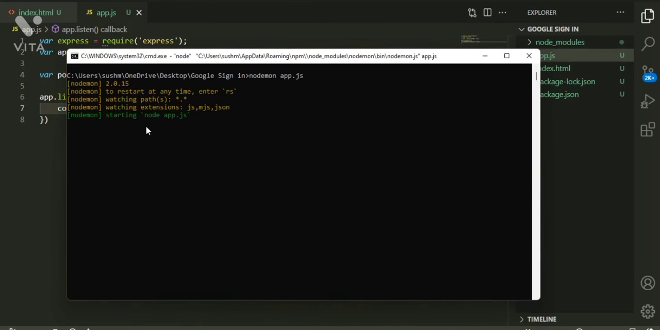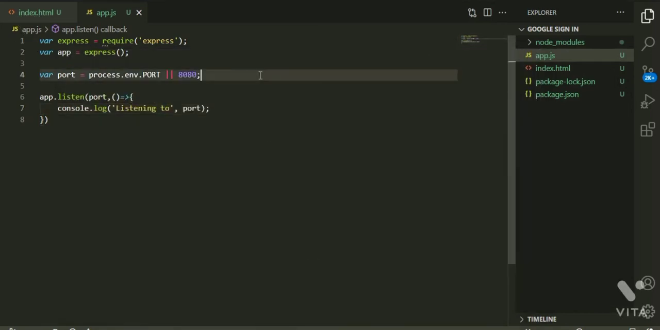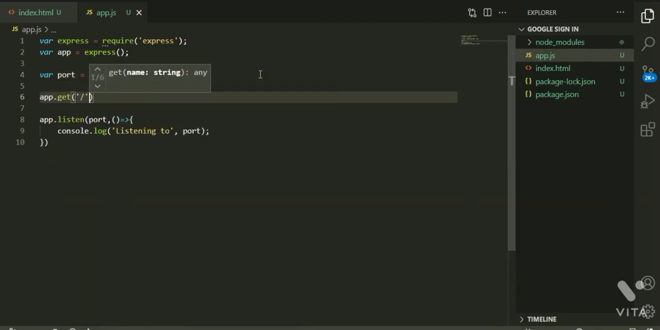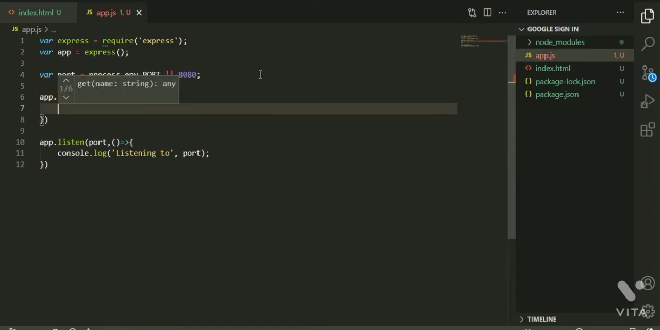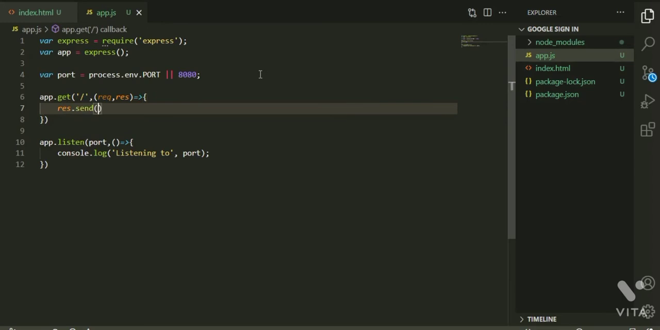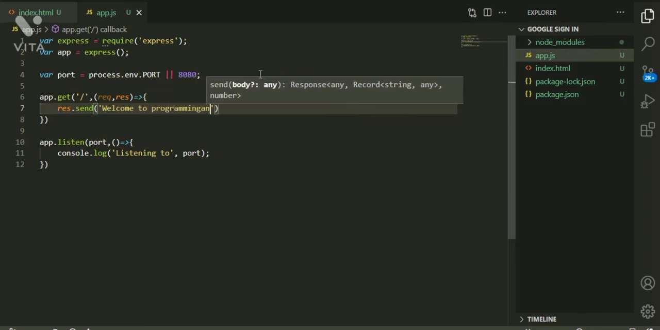We can see the server is starting. So it is successfully listening to port number 8080. And let us see if it is working or not by setting a default route, home route, using app.get with parameters / and a callback function to specify response. So as a response, we'll send welcome to programming